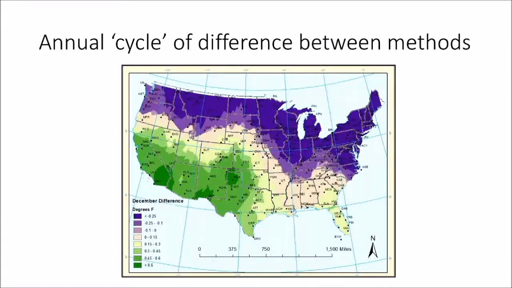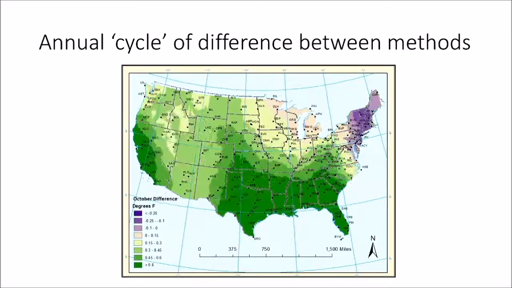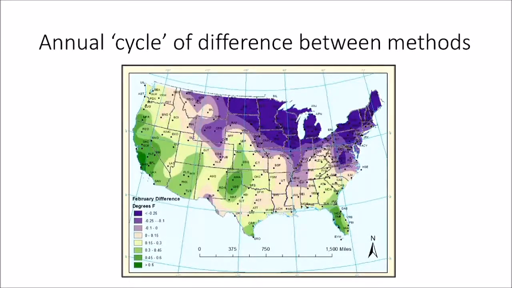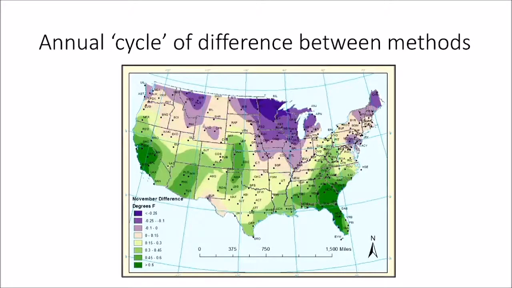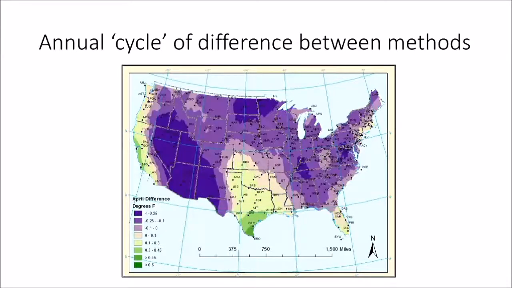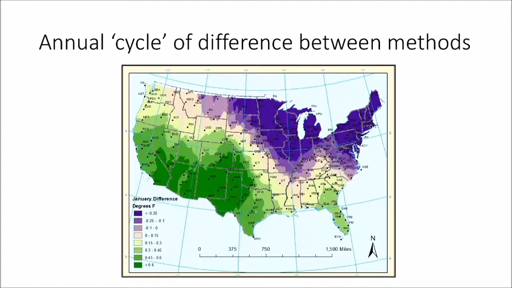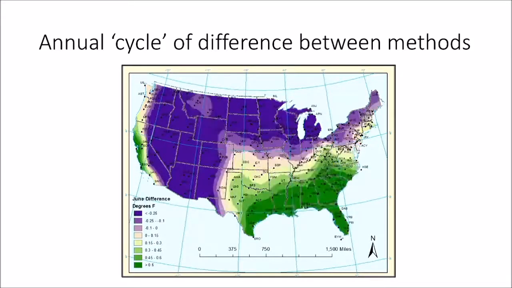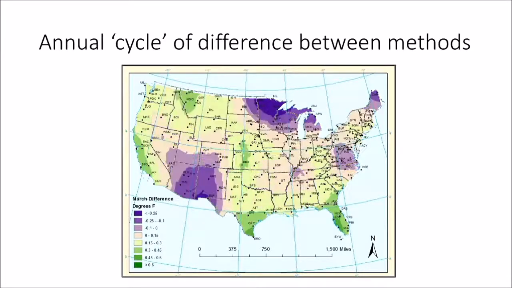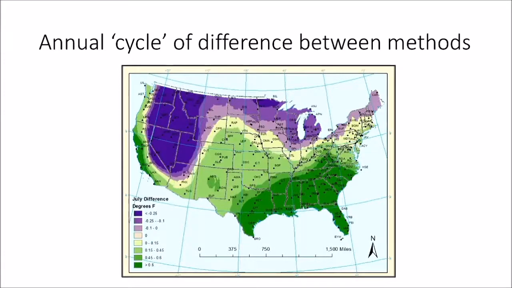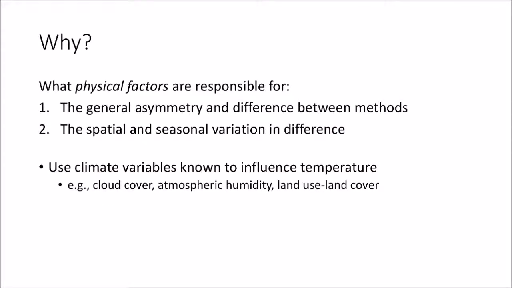And of course, the interesting spatial patterns here, for example, we notice that the Great Basin has strong underestimation, then that erodes away into the fall and returns again in the spring and summer. We also see, say, in the south, very strong overestimation as we go into summer and fall, and then that recedes away during the winter. So clearly you have some sort of cycle going on here annually, being explained, of course, by cycles in our monthly and seasonal climate.